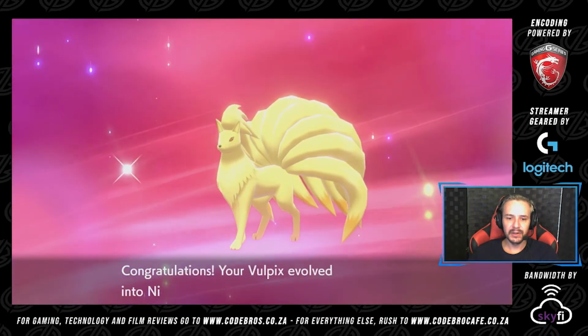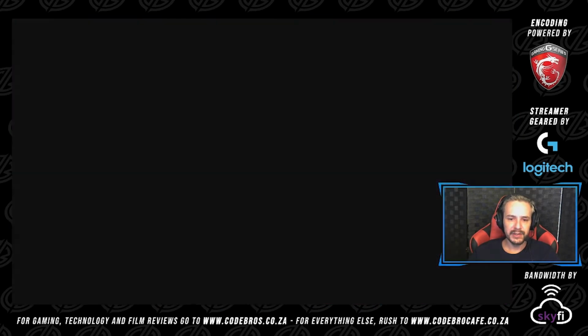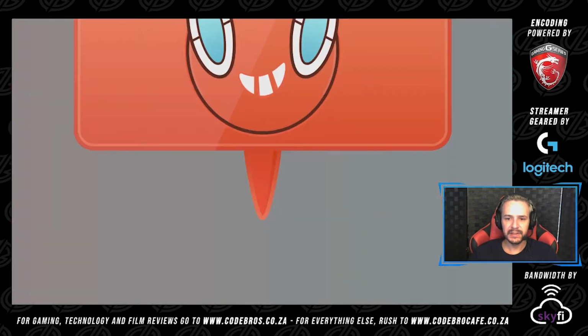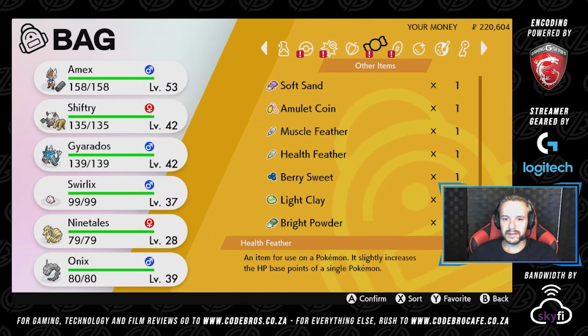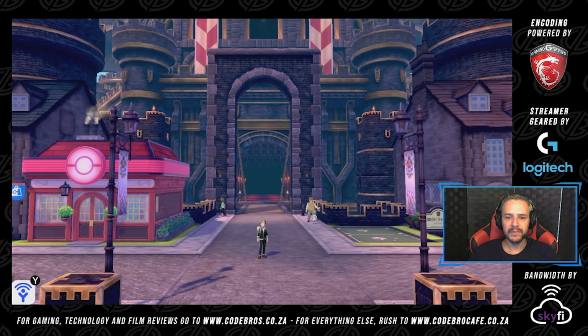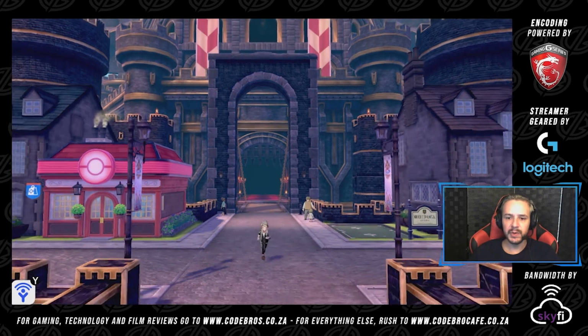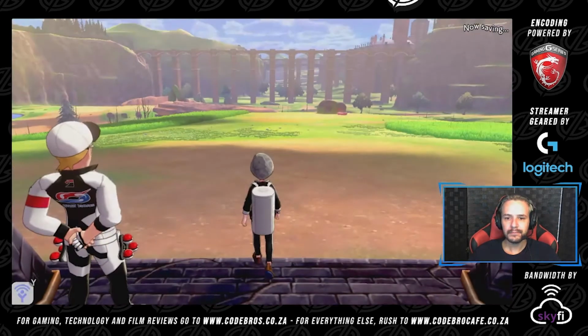There we go, beautiful Ninetales. Probably gonna want to learn some moves. Oh, not yet, obviously because of the lower level. But yes, so that's how evolutions work out. And yeah, so let's head on out to the wild area, which is